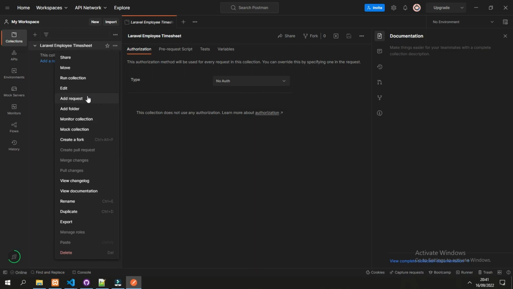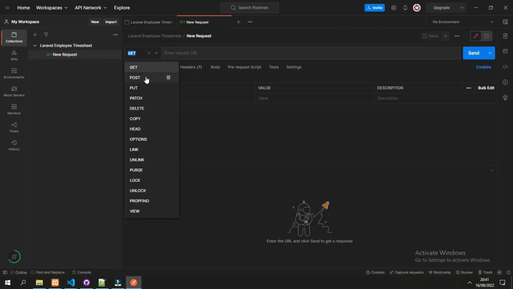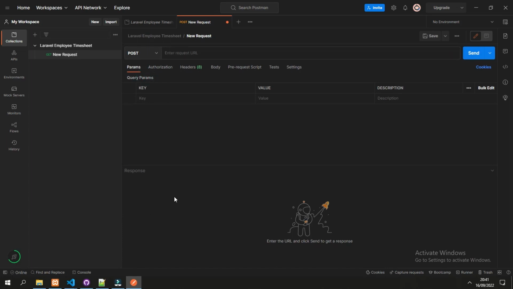And let's add the first request. That would be the POST request. The URL in the local should be http://localhost:8000/api/register.